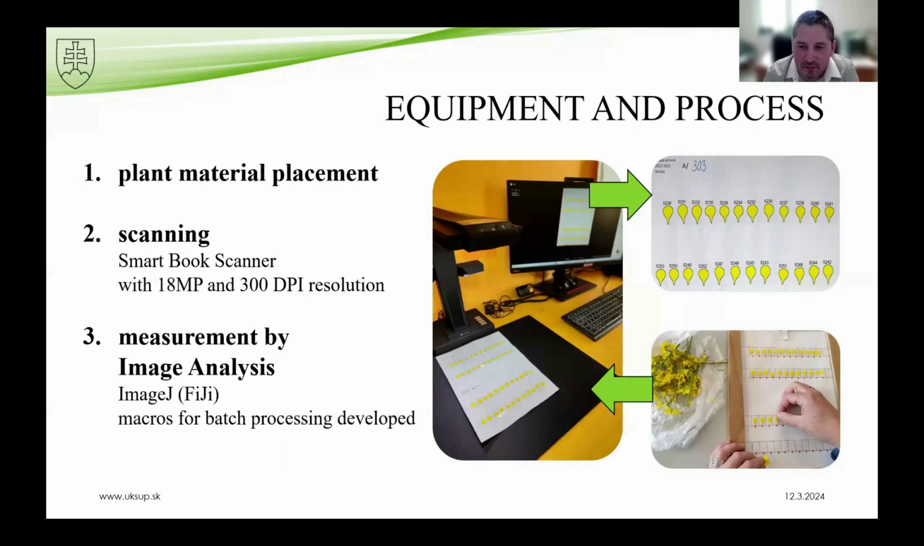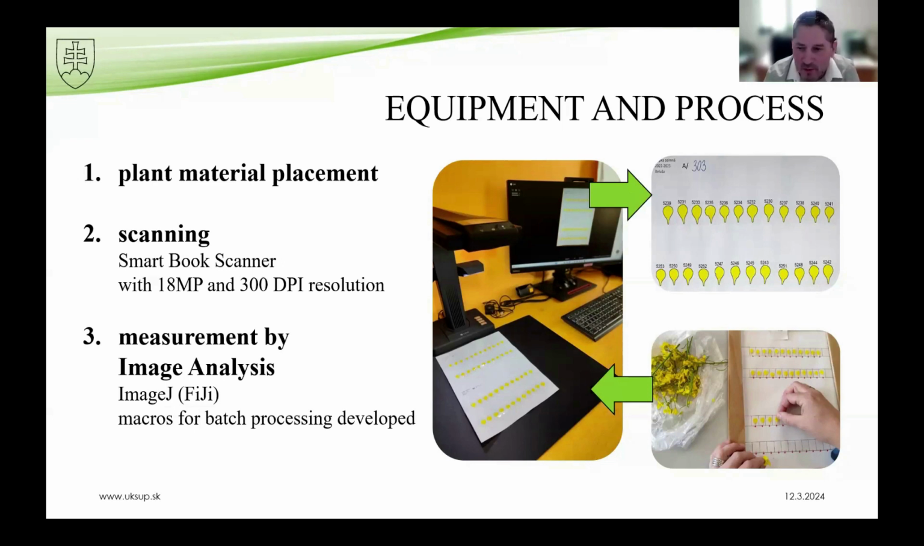For image analysis, we use the scanner with 18 megapixel resolution of images and 300 dpi. Here on this slide, you can see the process of the plant material placement as we use 24 petal leaves or cotyledons for each variety in 2 replications. They are scanned and saved as